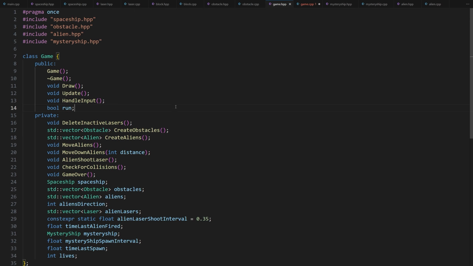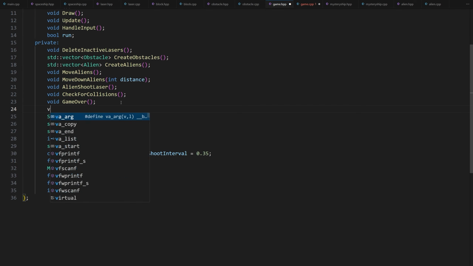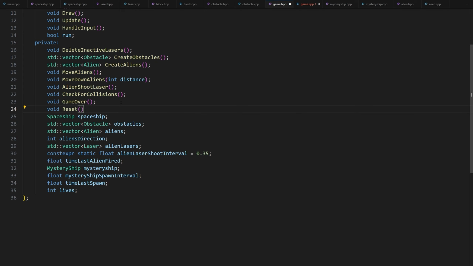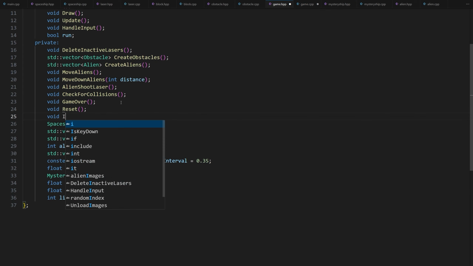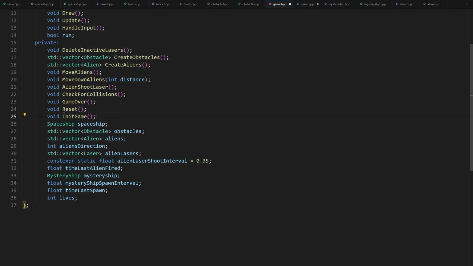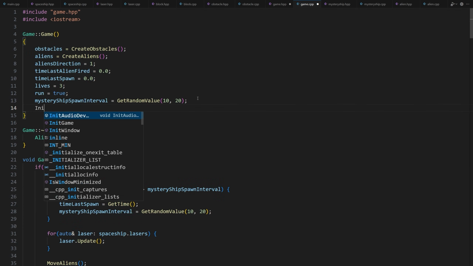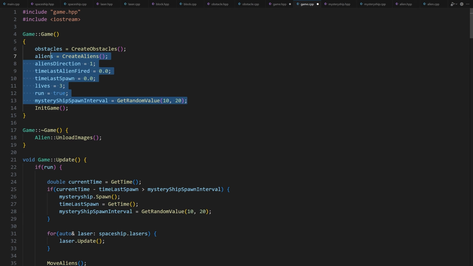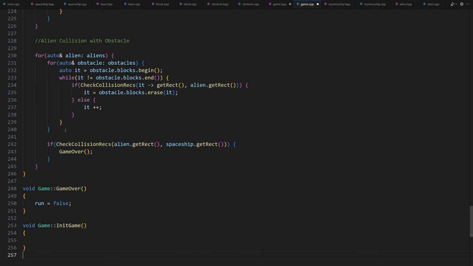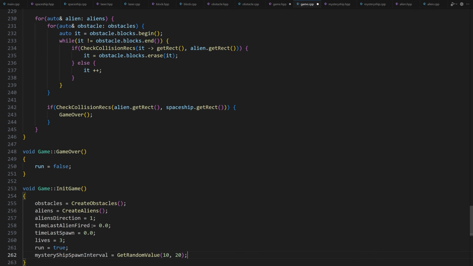Let's create this method. Inside the game.hpp file, we add a private Reset method. Let's add another method that we are going to call InitGame. This method will initialize all the variables to their initial values. Creating 2 methods instead of 1 will make sense in a minute. Trust me here. First, let's implement the InitGame method. In this method, we are going to do all the things we do in the constructor, which is to initialize the values of some attributes. So in the constructor, we just call the InitGame method. Then we copy all the code from the constructor and we paste it in the init method. We are done with the InitGame method.